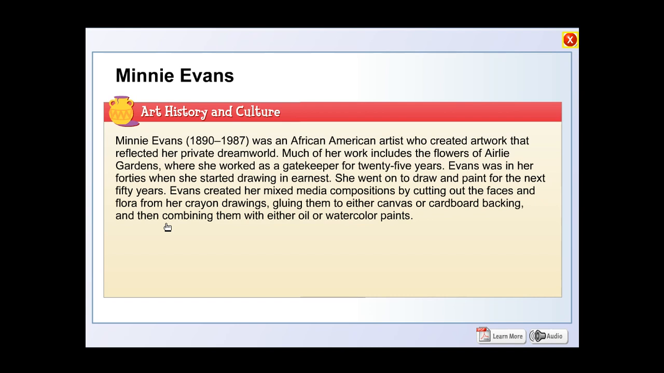One of the themes that you're going to notice in her artwork is symmetry. Everything is symmetrical. She'd glue them down on canvas or cardboard, and then she'd combine them afterwards with oil painting and watercolor paints